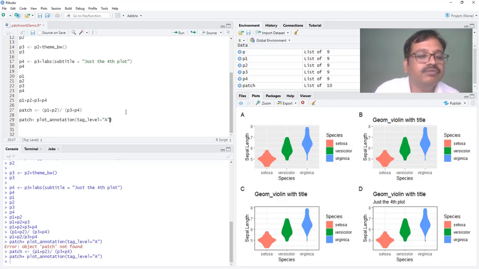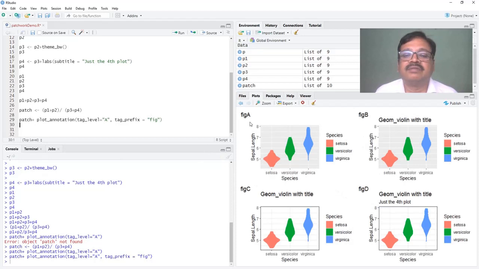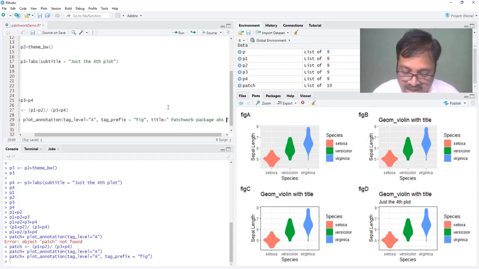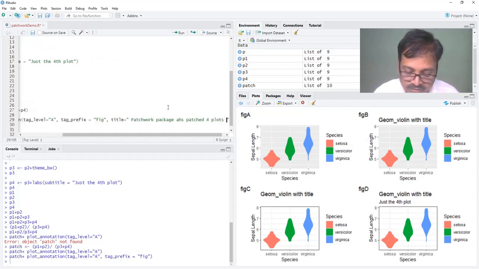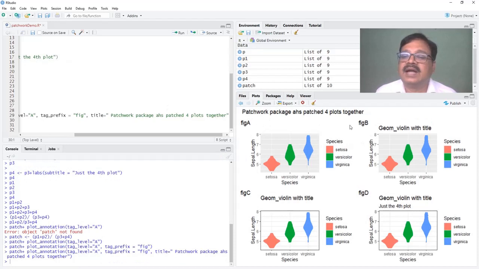Now to this we'll add tag_prefix, and that will be Figure, and we'll run this to see the effect. Figure A, Figure B, Figure C, Figure D is there. Now to this we will add the title of the entire plot panel: patchwork package has patched four plots together. Quite a long title, and that title is there.